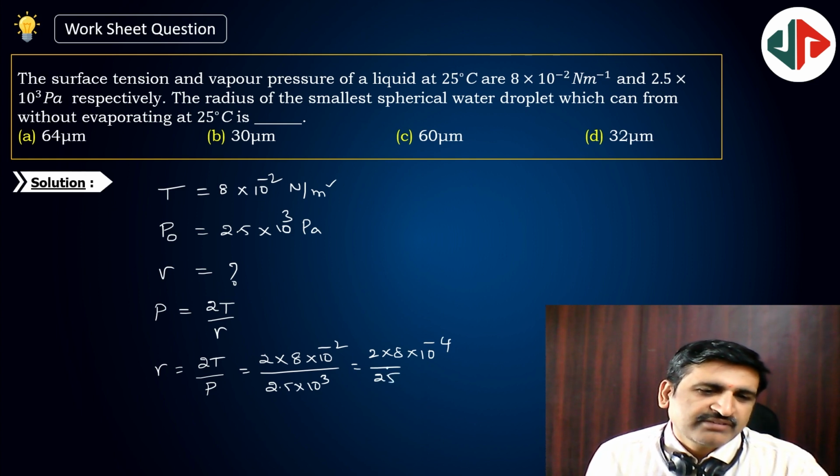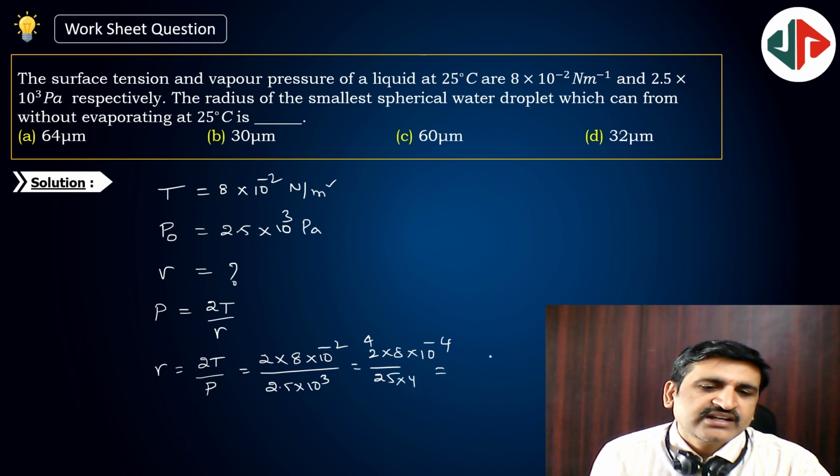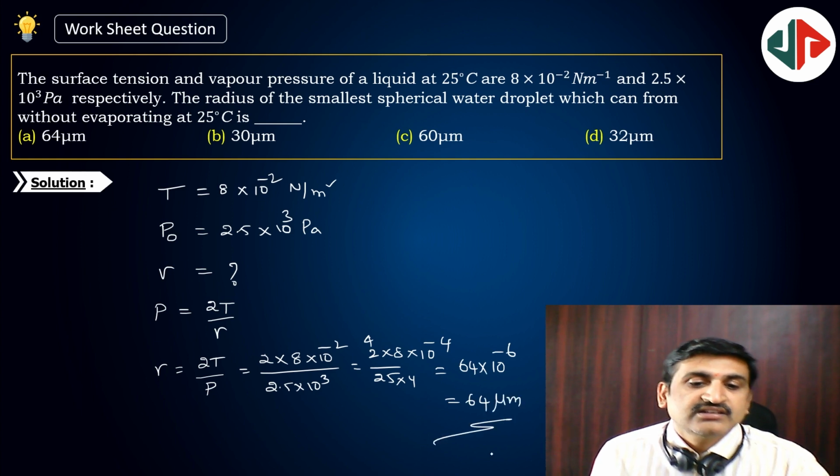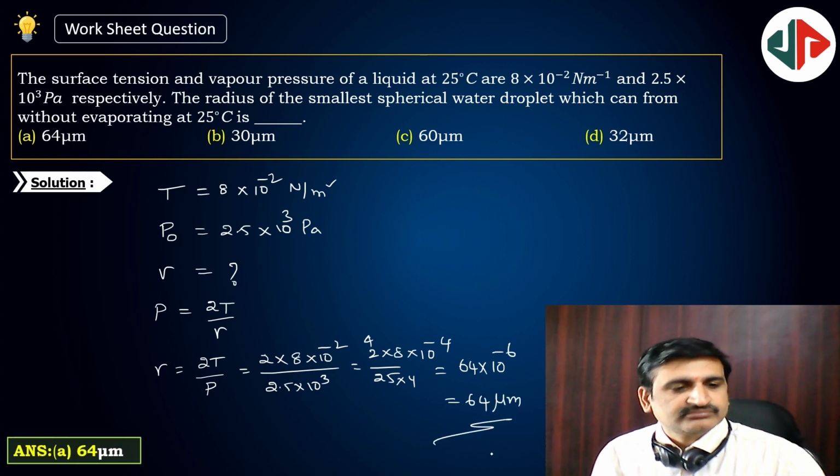I would like to multiply with 4 in the numerator and denominator, 4 and 4. Then what happens? This is 100. 100 means again 10 to the power of minus 6. 4 2s are 8, 8s are 64. 64 into 10 power minus 6, 64 micrometers. So next,